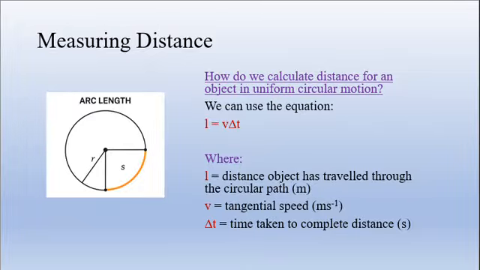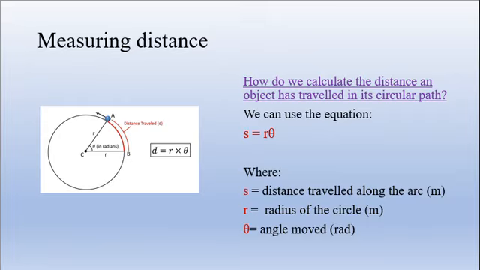Another way to calculate the distance traveled by an object moving in a circular path is using the equation S equals r theta. In other words, distance equals radius